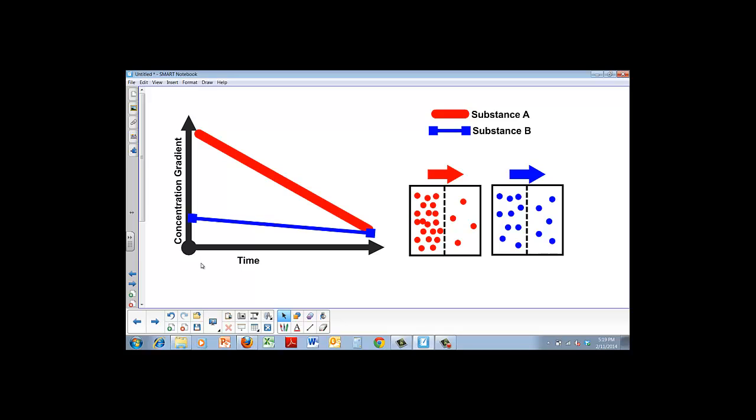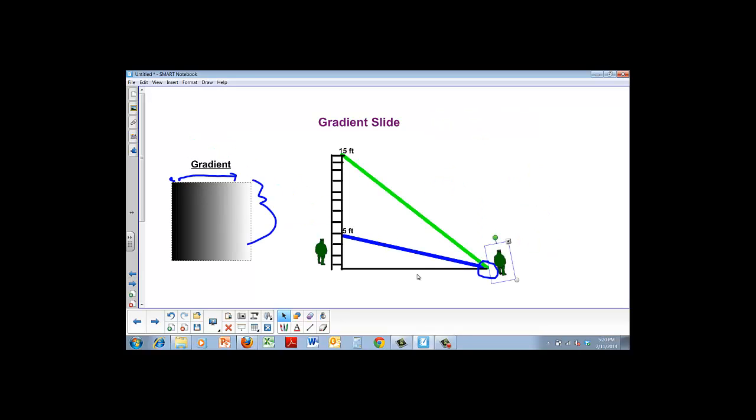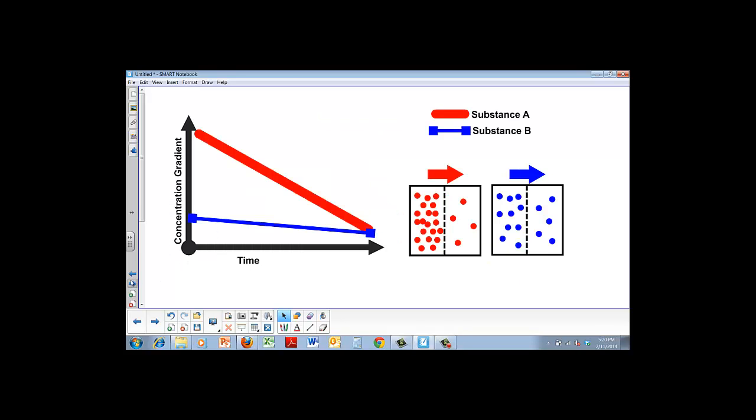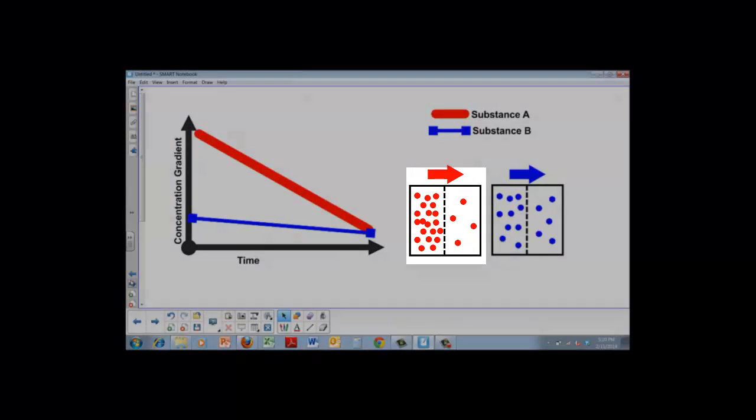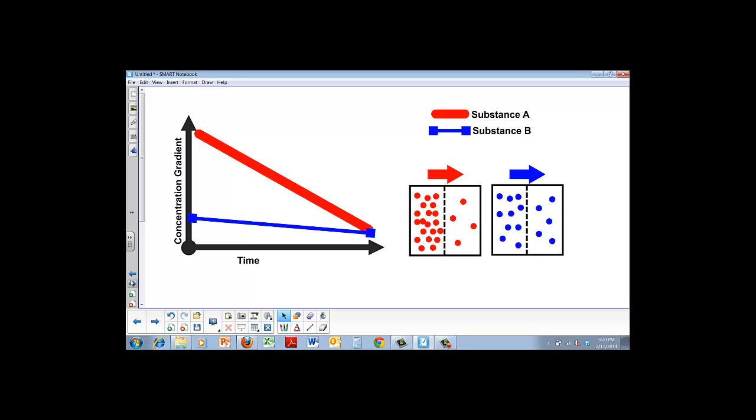So here we have the same thing. We have a graph that depicts different gradients of a substance A in red and a substance B in blue. It's the same kind of concept as the previous one, except this one's green and blue. But you can see that the slopes of those lines are a lot different. To get a good idea of what those are representing, let's look here at our red box with the red dots of substance A,